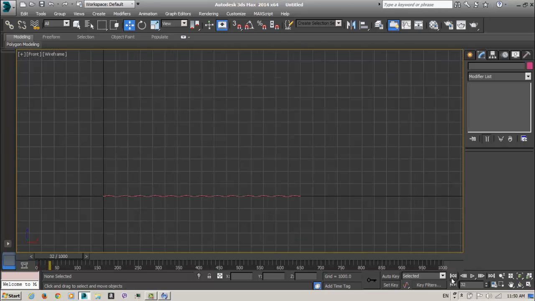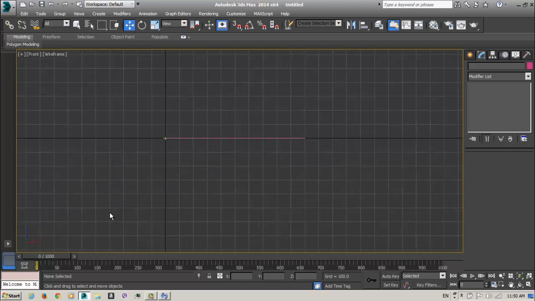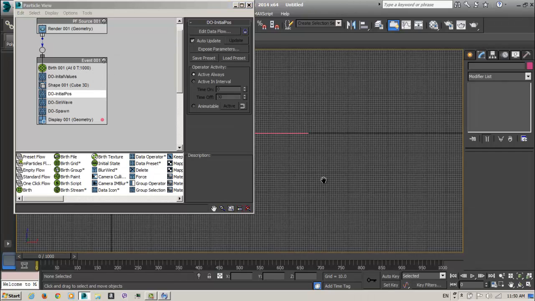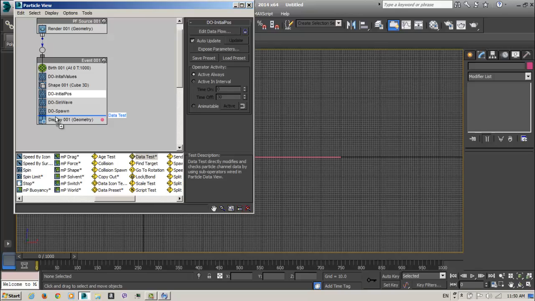Pretty good, huh? So, but we don't want to have them like this. What we want to have is, so we know the first 1000 particles are our line. So I create here a data test and say go to the next event